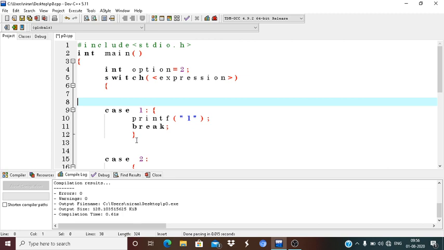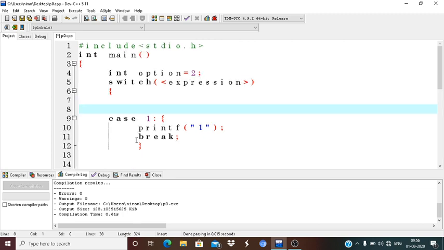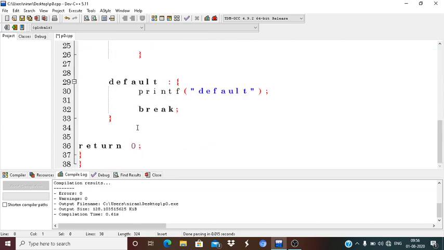Now the default block. The default block is optional. It may be omitted while writing your program.